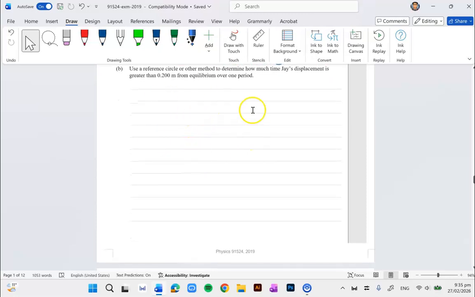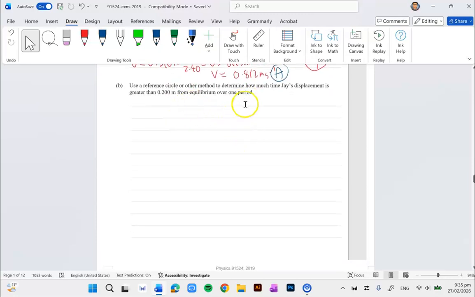Now this one, I thought this was an excellence question, but it's actually only worth a merit. I'd say this is one of the toughest merit questions I've seen. So we are asked to use a reference circle or another method to determine how much time J's displacement is greater than 0.2 meters from equilibrium over one period. So we are going to use a reference circle to start this. So if we draw our reference circle,